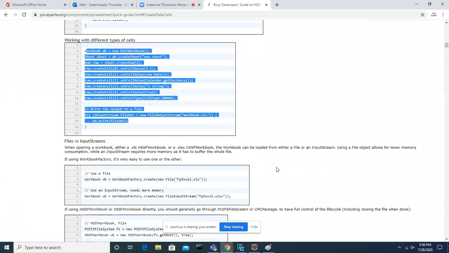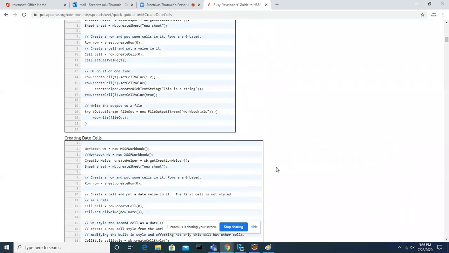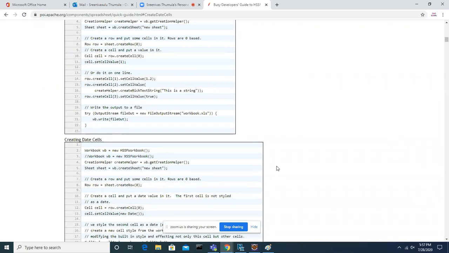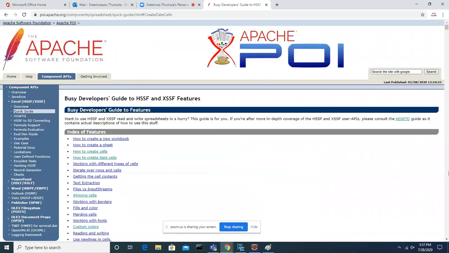But before starting that, decide and set a goal: I want to create an application like this, I want to create a program like this. Then start doing that. This document is a helper for you. It's not like in real time you should be able to do it without looking at this document. It's not like an exam where we have to write without seeing it. You can just refer to it. But if it is the first time, it will take more time, because you have to search for everything and implement it.